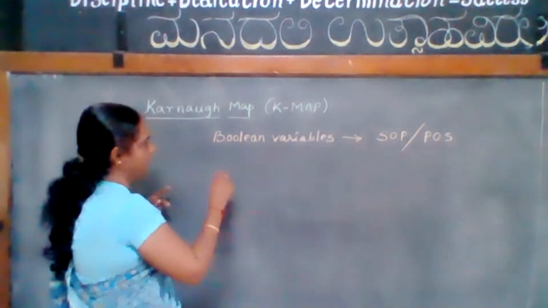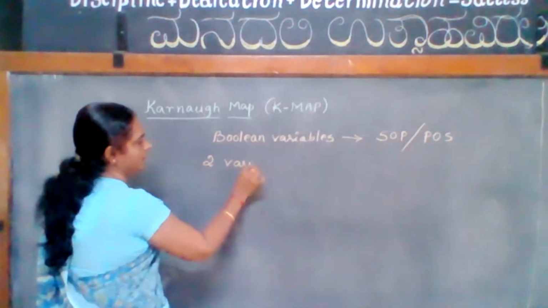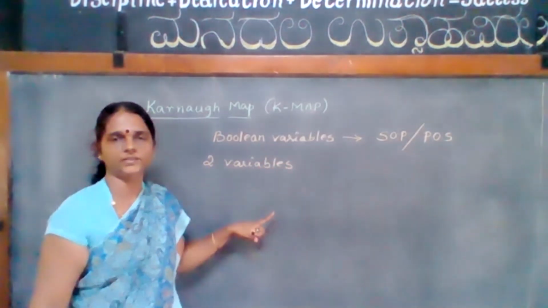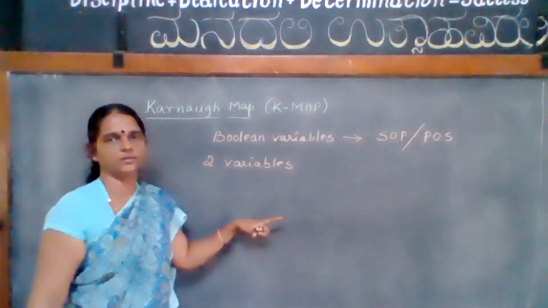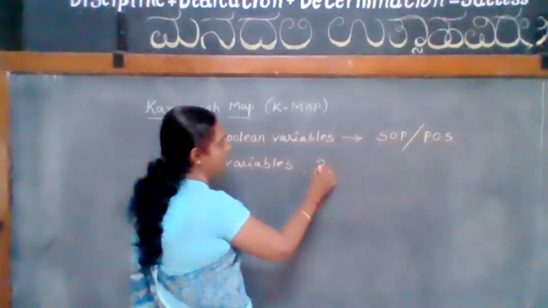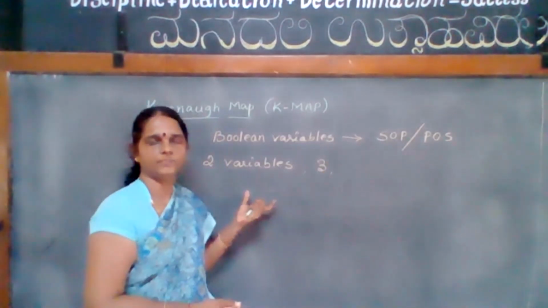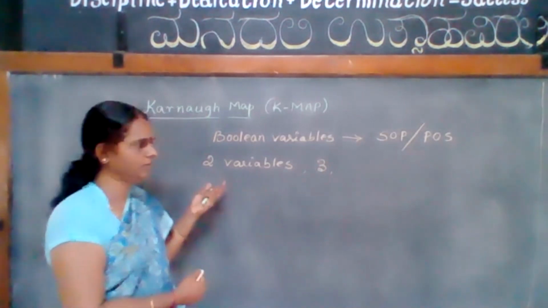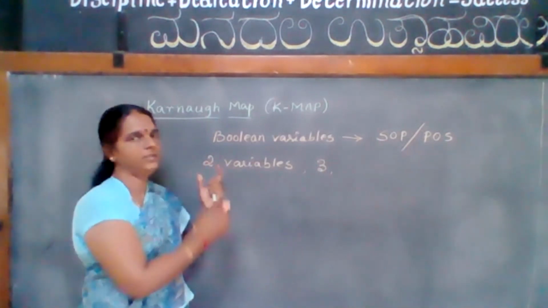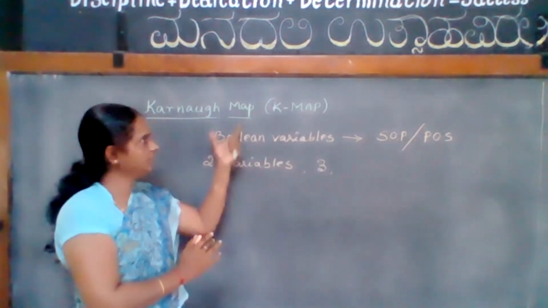Okay. For example, this K-map may be a two variable K-map. That means only two variables, and the two variable combinations with the original value as well as the complemented value can be represented. And there are three variable K-maps and four variable K-maps. Likewise, we have different types of K-maps. So, a map-like representation of the Boolean expression, mainly used to simplify the Boolean expression, is called a K-map.